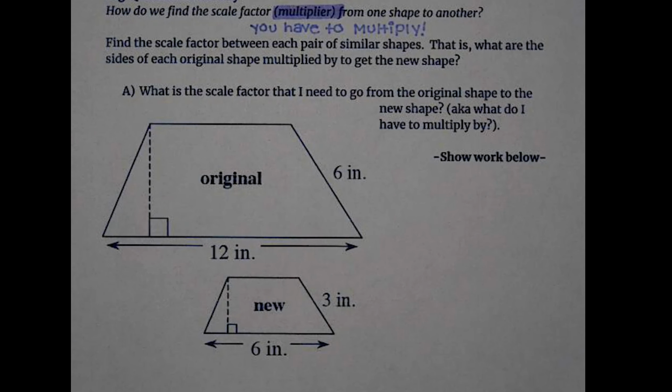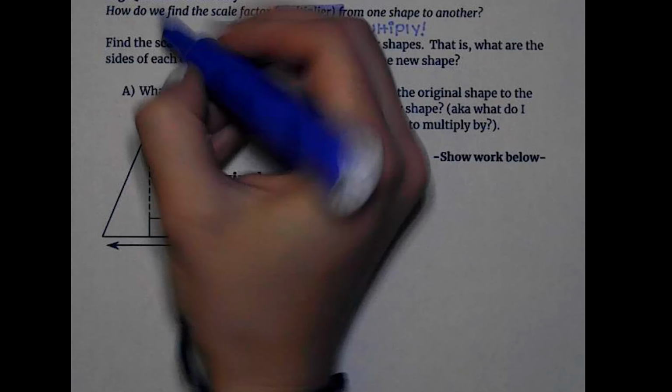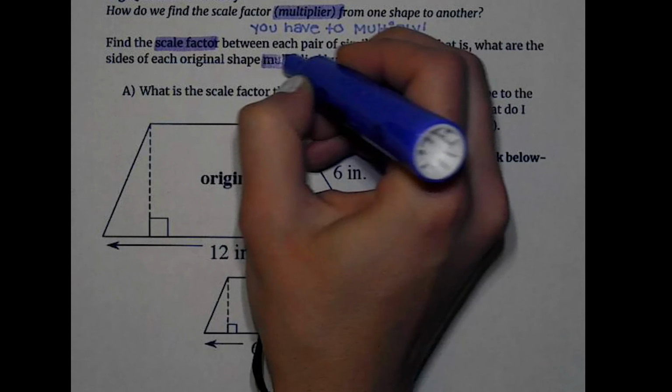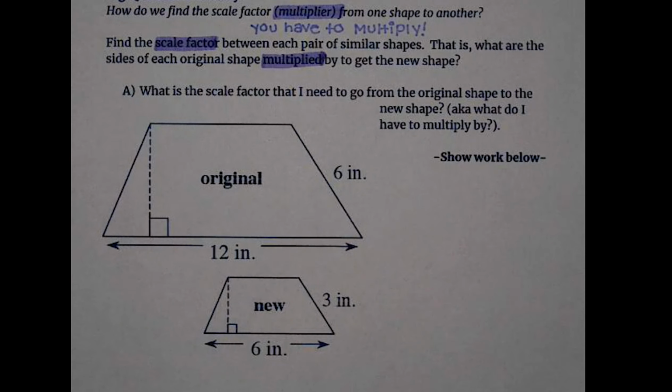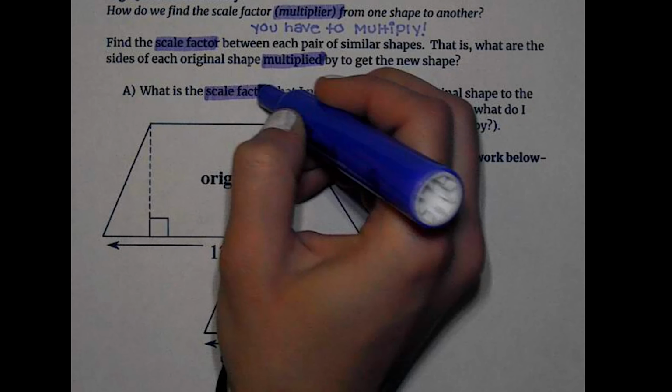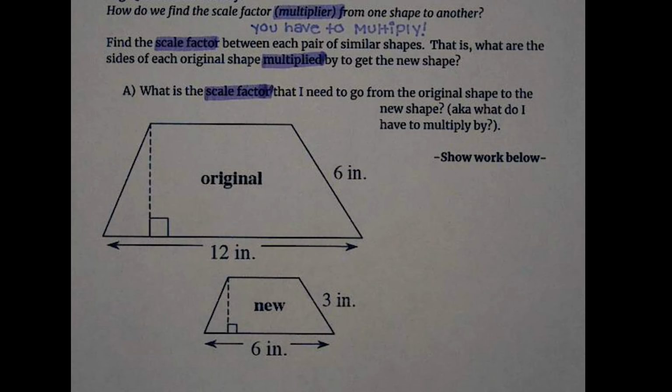Alright, so our job today is going to be to find the scale factor between each pair of similar shapes. That is, what are the sides of each original shape multiplied by to get the new shape? So again, we're going to have scale factor right here, and then I'm going to just highlight multiplied so that we remember that's what we're doing. What is the scale factor that I need to go from the original shape to the new shape, aka what do I have to